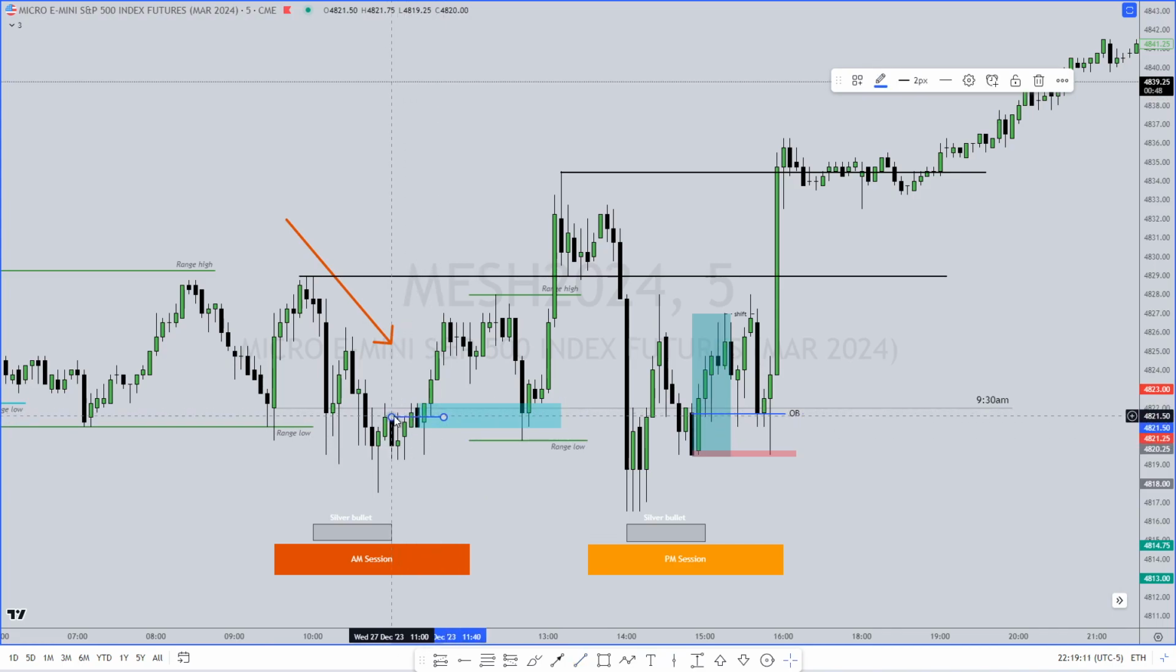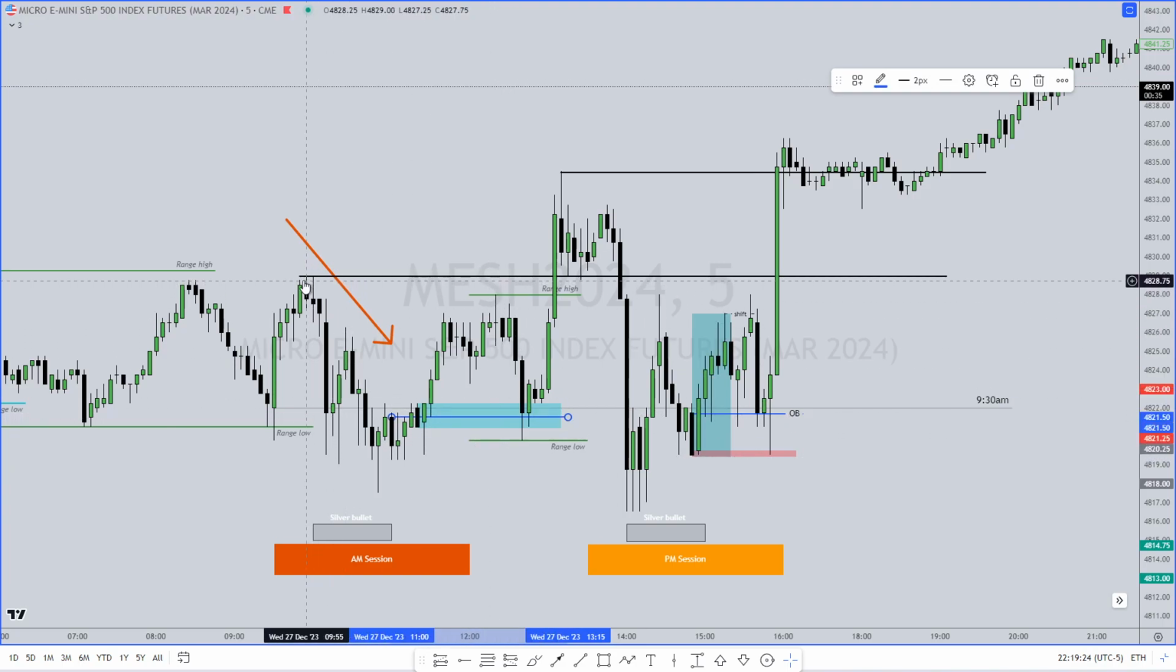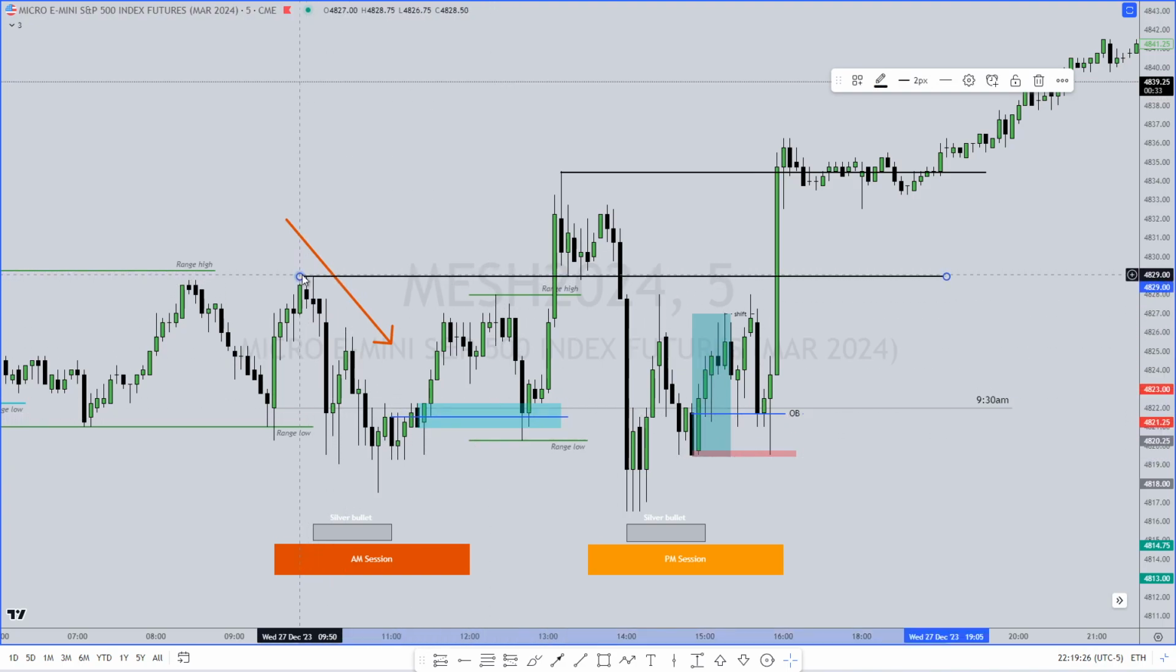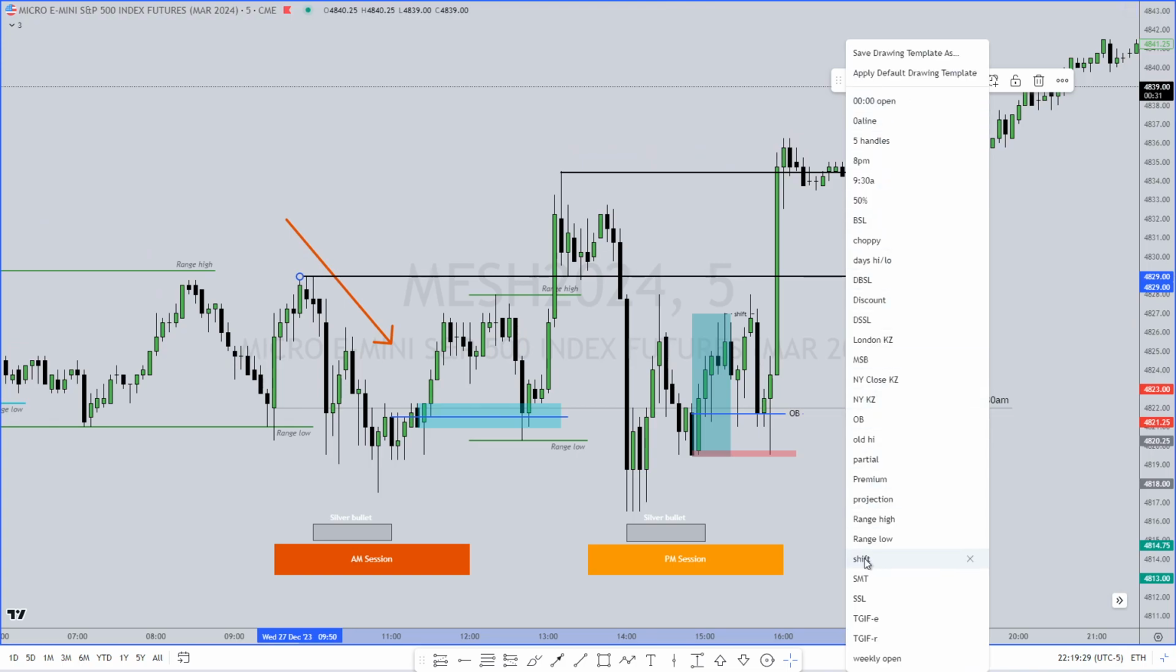So price breaks that range. There's another order block created right after with a fair value gap validated. So now we're taking the propulsion block. Price actually came all the way down to the original order block, and then we were expecting to get above the AM high. So this AM high here